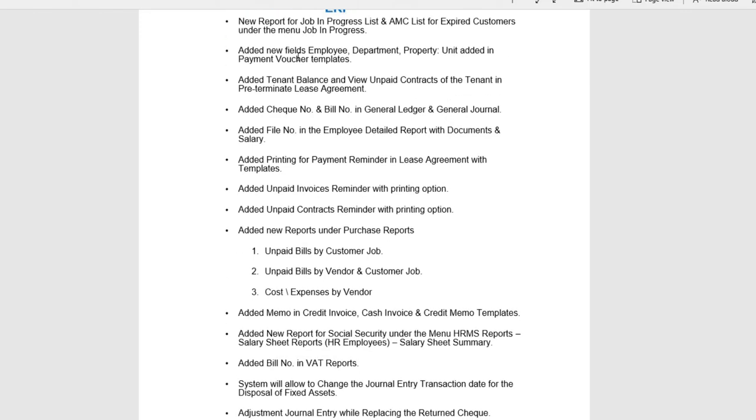We have also added fields in the employees, departments, properties, units added in the payment voucher templates. So here in the templates, what we mean is the design templates. Whatever we want in the templates to be designed in order for it to be printed accurately at the time of it being used, we have added new fields basically in those templates, which will be designed based on client policies, based on their requirements. So that's why we have added more fields for the employee, department, property, the unit added in payment